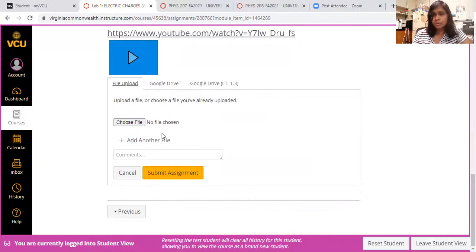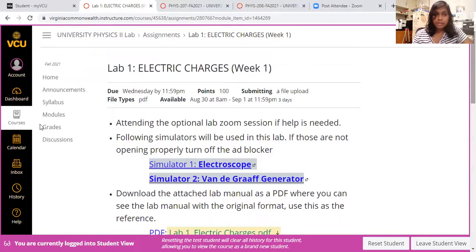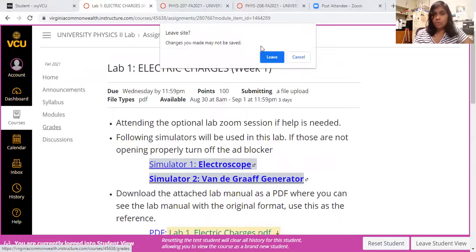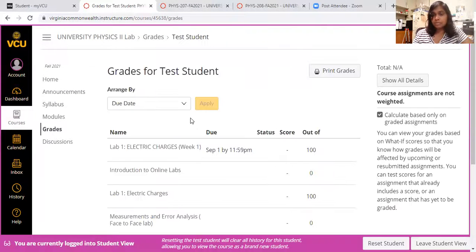You can submit up to 3 files, and you are only allowed to submit PDF. In some cases when needed, we will let you submit Excel files. Still, if you can save those as a PDF, it is great, and it is helpful for us to grade on time. All right, when you're done with the first lab and we have graded it, you can go to the grade book, and you will see your grades for the labs, and there will be comments, if there are any, that you can access as well.